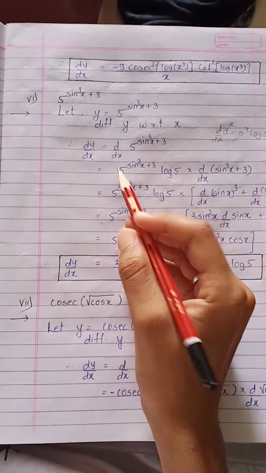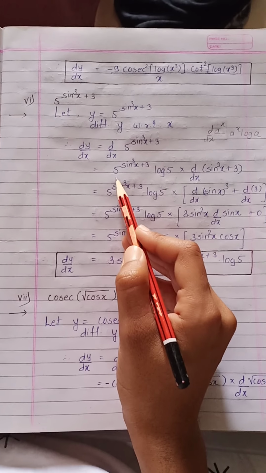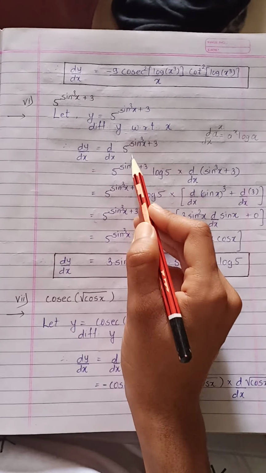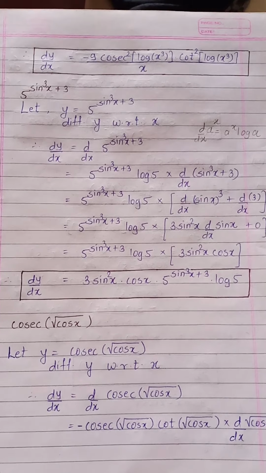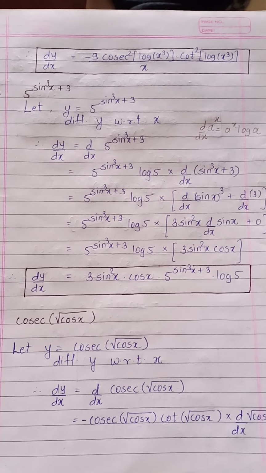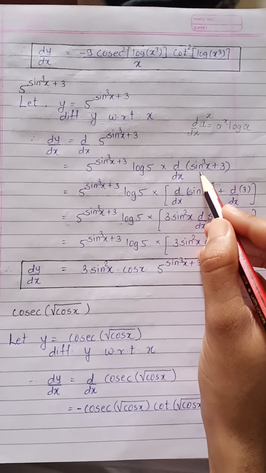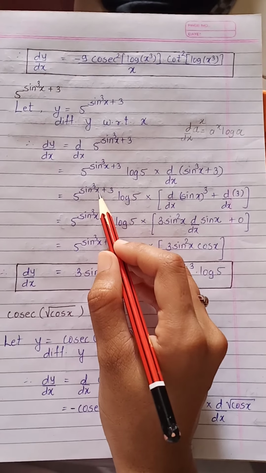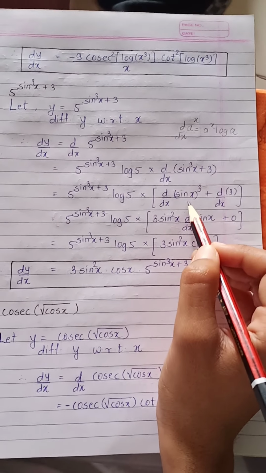So see, the derivative of 5 raised to sin cube x plus 3 is 5 raised to sin cube x plus 3 into log a, as the value of a is 5, right? And as you can see, the upper index part is the extra part, so take the derivative of that in multiplication. Again, write this: 5 raised to sin cube x plus 3 into log 5 into the derivative of sin cube x,